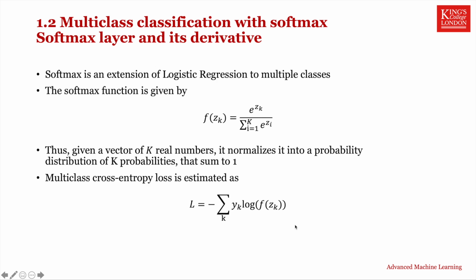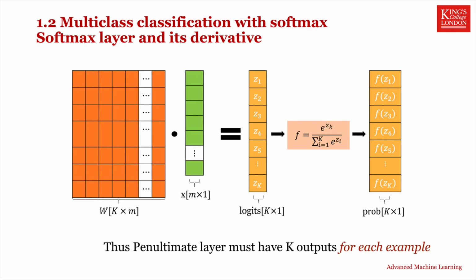Multiclass entropy is then estimated using the following loss, which is an extension of the binary cross entropy expression summed over all classes. So the main change is that rather than having a single output neuron and one prediction per example, we'll now have k output neurons and return k probabilities for each of the k classes. This will change the weights matrix to now have shape k by m instead of 1 by m, and z will then have shape k by nt actually,